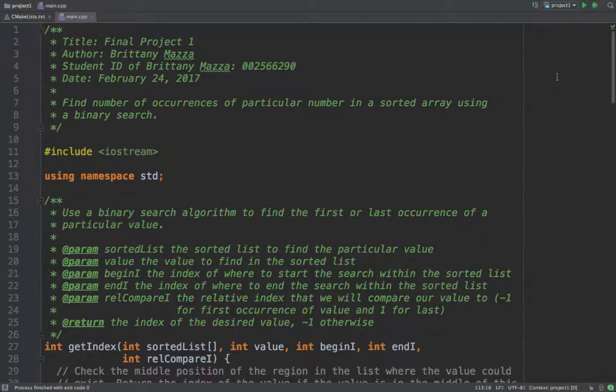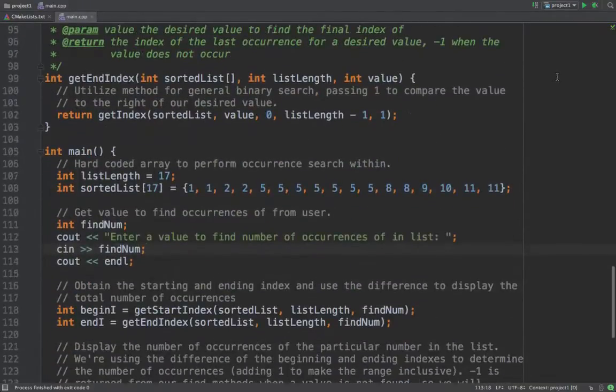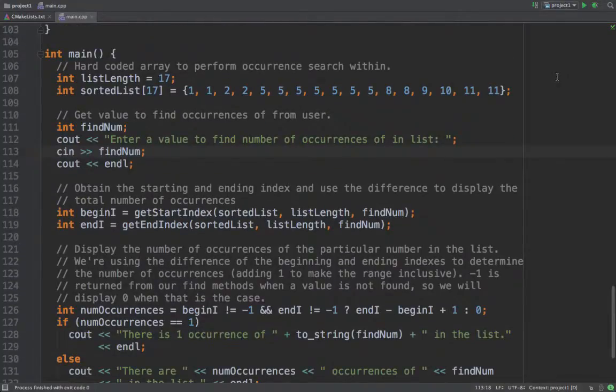This is my explanation for the first algorithm or project in our final. I guess this is my main method. I went ahead and used the same values that were provided in the example on the final assignment, and